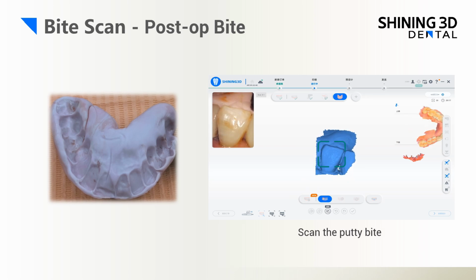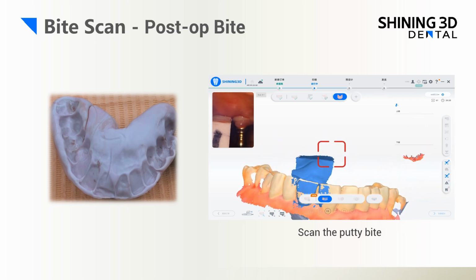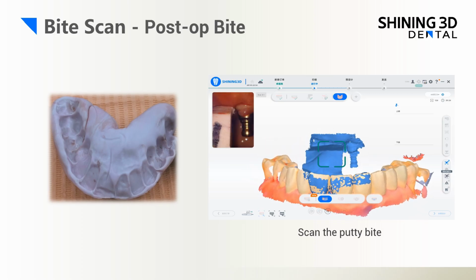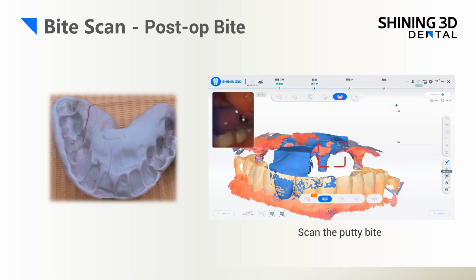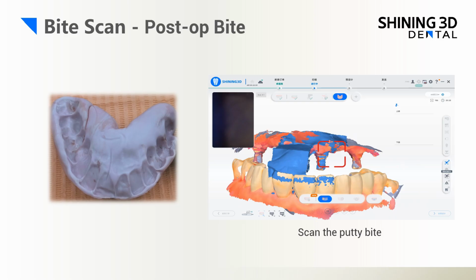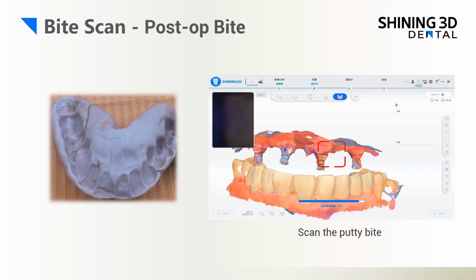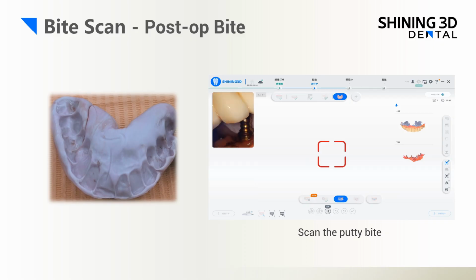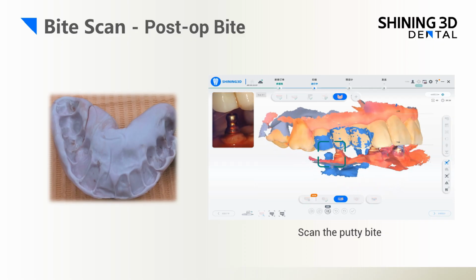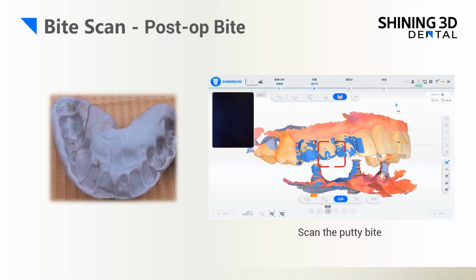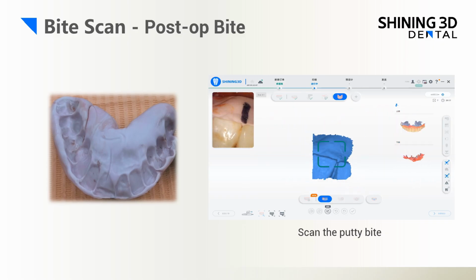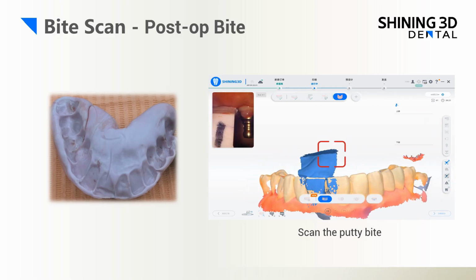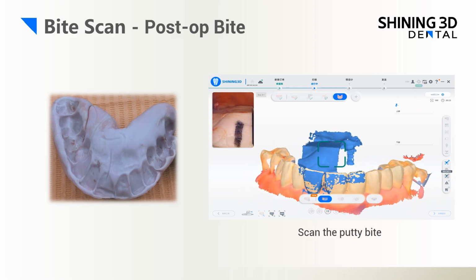For this specific immediate loading case, we're using a bite registration putty to record the vertical dimension for the provisional design. And we need to trim the putty to make sure that we can not only record the vertical dimension without changing the bite data for the patient, but also scan enough data from the antagonist jaw as well as the working jaw soft tissue. That's why we need to trim the putty, and then we can use the Elite to record the bite